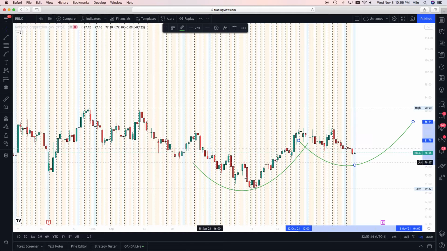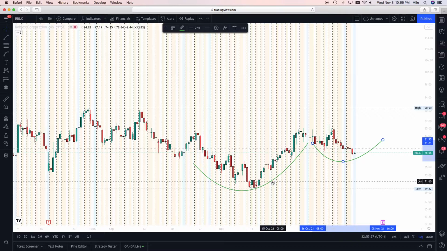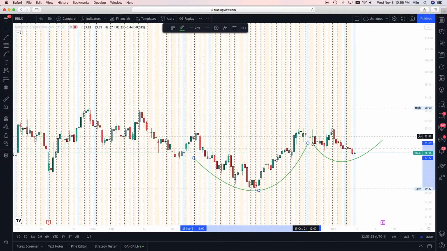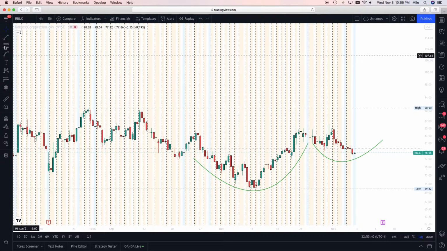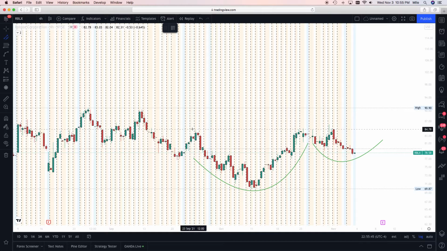We got the cup here, and we got the handle forming here at the end. Now, this is a cup and handle. We got the cup, and we got the handle. So the way this works is, when it gets to the top of the cup, which is up here,